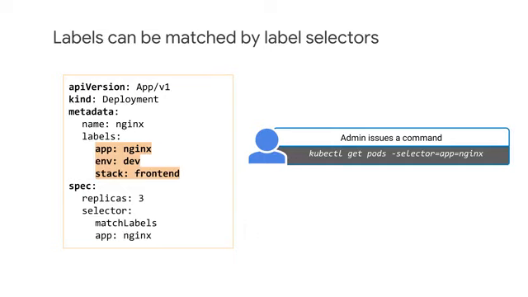In this specialization, you will spend plenty of time with the kubectl command. Here's an example of using it to show all the pods that contain a label called app with a value of Nginx. Label selectors are very expressive. You can ask for all the resources that have a certain value for a label, all those that don't have a certain value, or even all those that have a value in a set you supply.